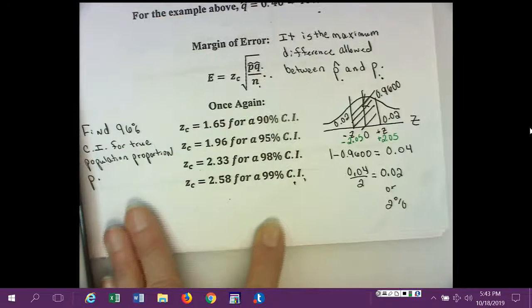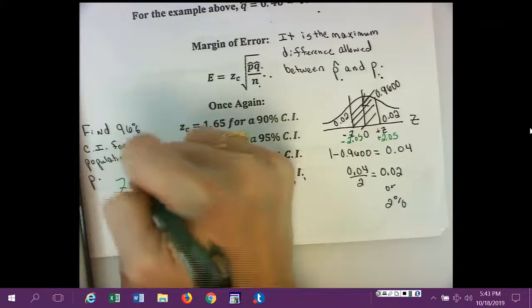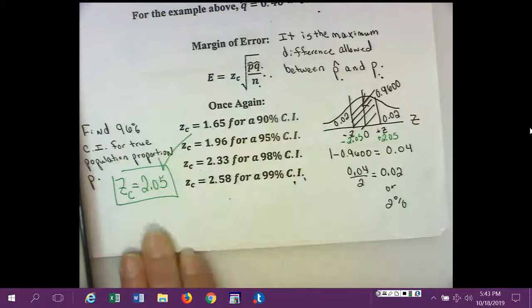Therefore, the critical value is positive 2.05. Even though this is a proportion interval for true population proportion, for a 96% proportion interval, the z-score is 2.05. If you wanted to look up that 2% in the 2-page Z table,